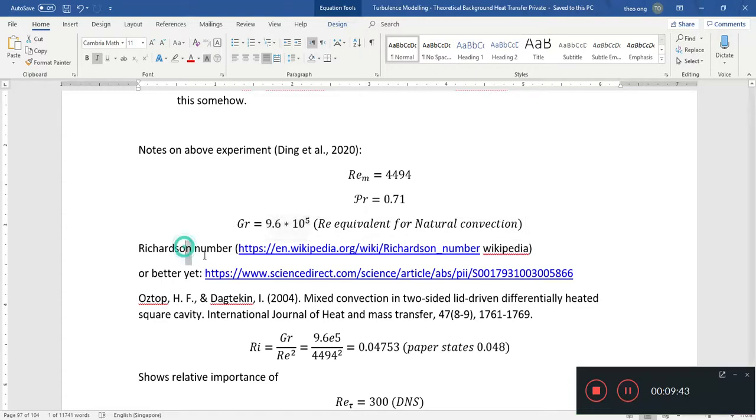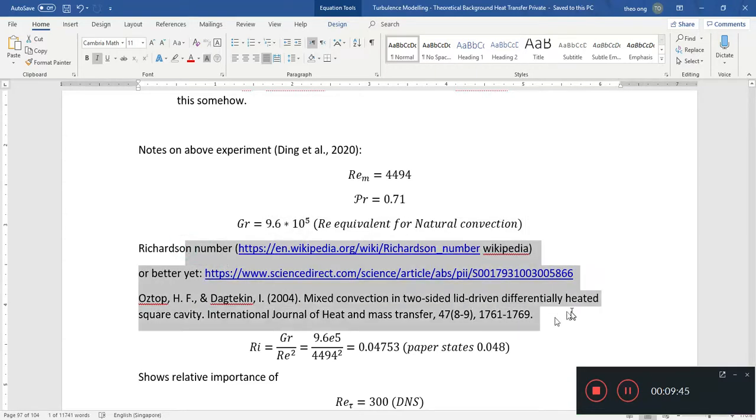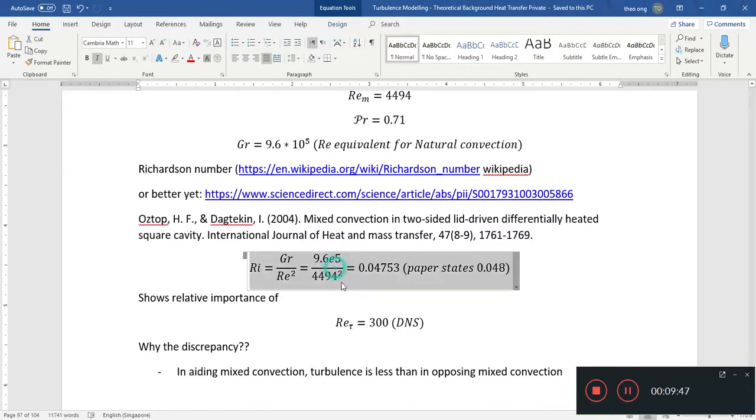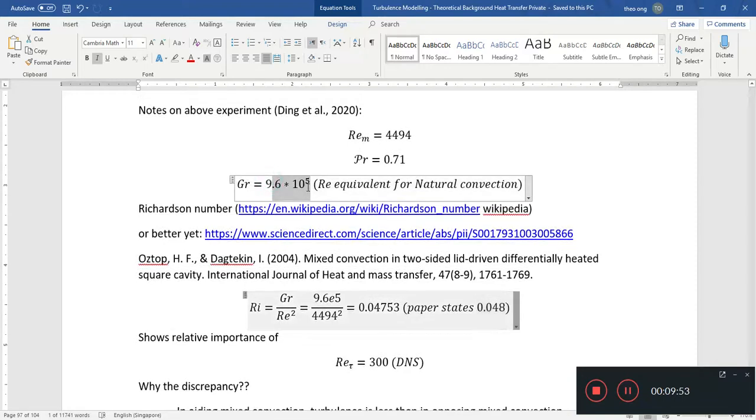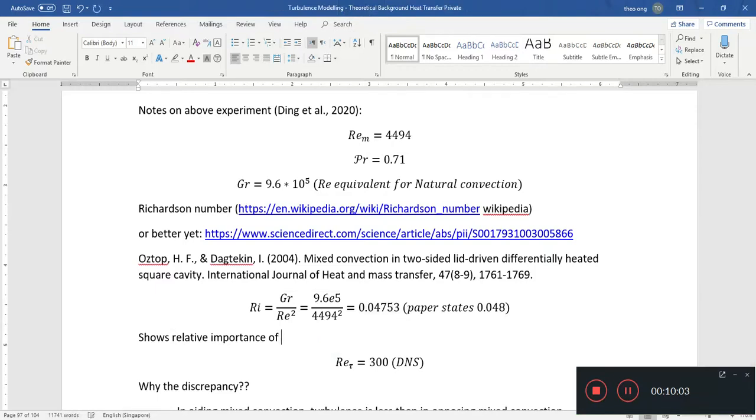So remember our Richardson number, as you can see here. The Richardson number for this case was actually about 0.048. Or if you want to go through those calculations, 9.6 times 10 to the 5 divided by 4494 squared, you'll get 0.04753. So it's very small. It shows the relative importance of natural convection in determining